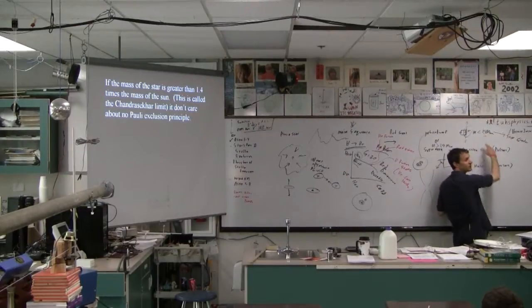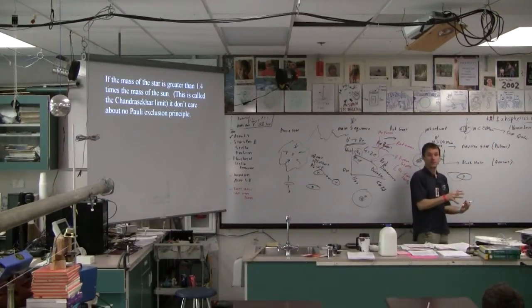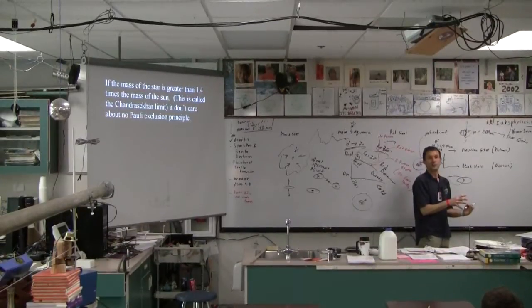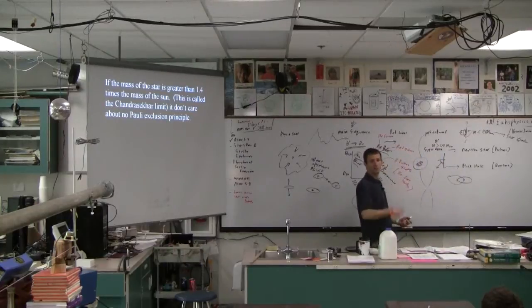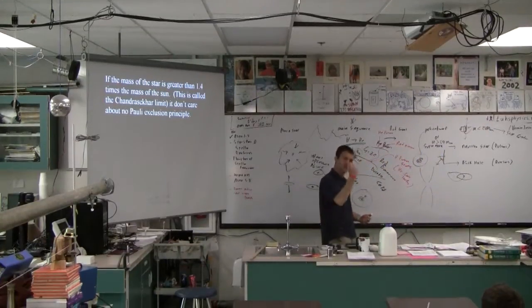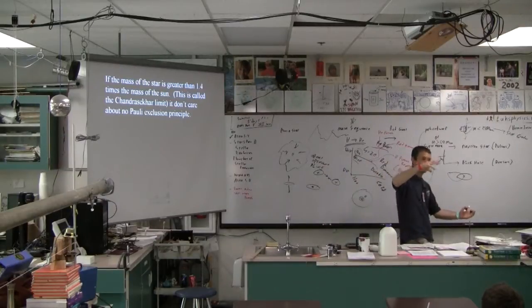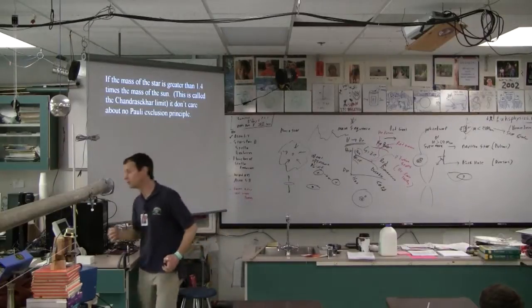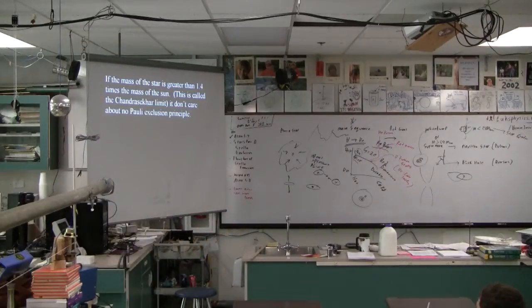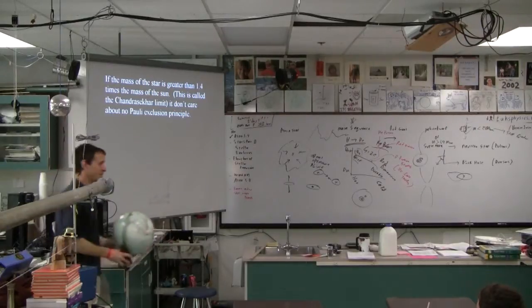If it's less than that, then the Pauli exclusion principle props these things up and they just sit there and go, I don't like being this close, but that's as close as I'm going to get, right? If it's bigger than that, gravity violates the Pauli exclusion principle, crushes the star, and it crushes down from something the size of the Earth to something the size of Portland. Now, there's two reasons why this is a bigger deal. The first is that that's a much greater